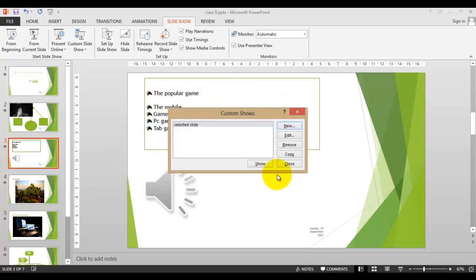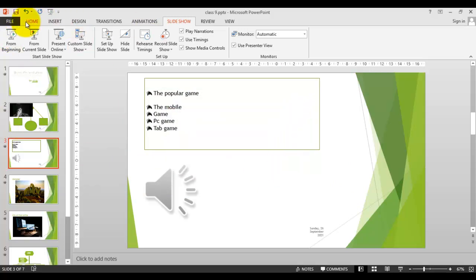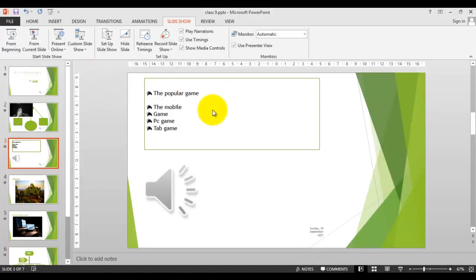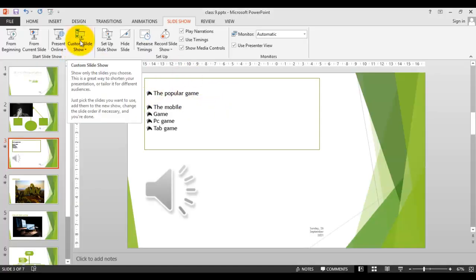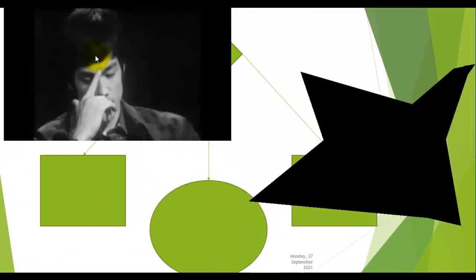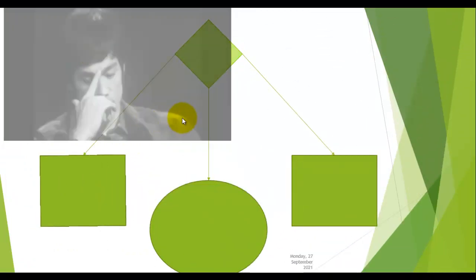Okay, close. Now if you want to play that custom slide, you can open your PowerPoint presentation, and after that custom slide show, selected slide. Here I have named this one selected slide. You can directly click on this one and it will start your presentation with the slides which you have selected. Look here, I have selected this slide. It starts automatically from that slide,